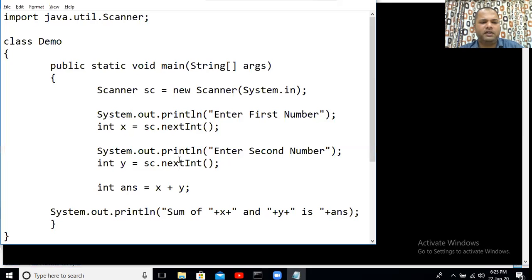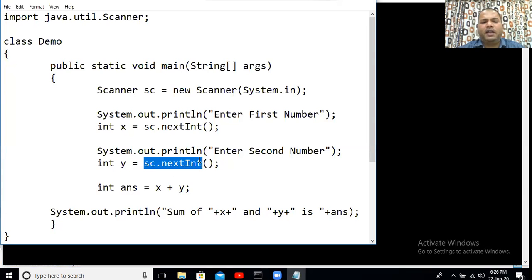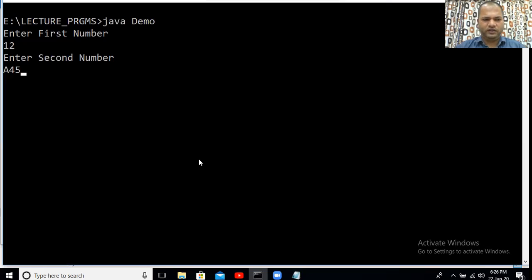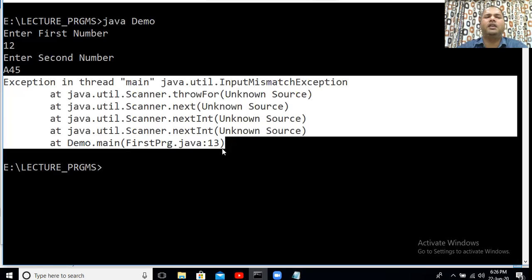See, our program has been written in such a way that we are expecting user to enter numeric value only, and that too, it has to be an integer value. As you can see in this particular scenario, I have provided the input as A45, which is a string value. And now we need to understand whether this string value can be accepted by nextInt method or not. Let's check this. As you can see there, obviously, there is an issue here in our program. Now, this is very interesting. Have a look at what output is being printed on screen here.